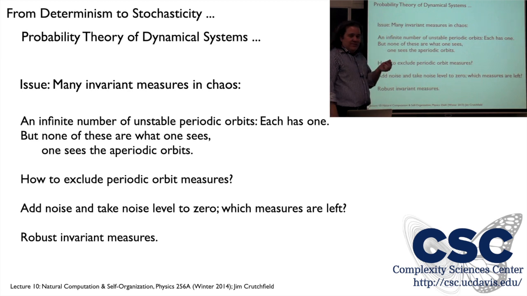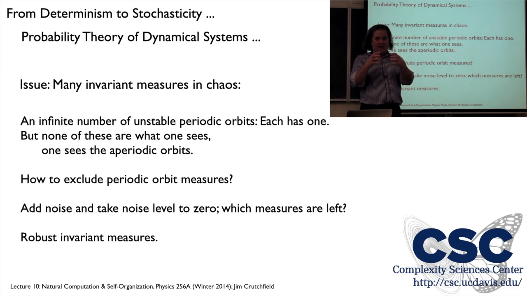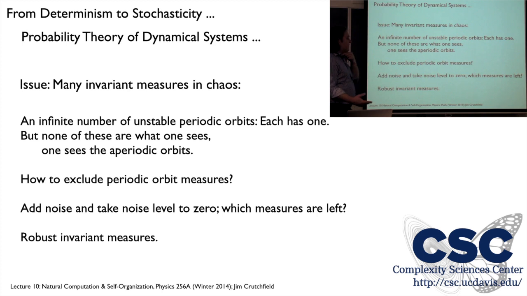So that's good. We have now a way of thinking about how distributions converge at long times, a way of formally specifying what it means to be an invariant measure, an invariant distribution, the fixed point functions of the Perron-Frobenius operator. But it turns out there are a couple other technical issues if we want to